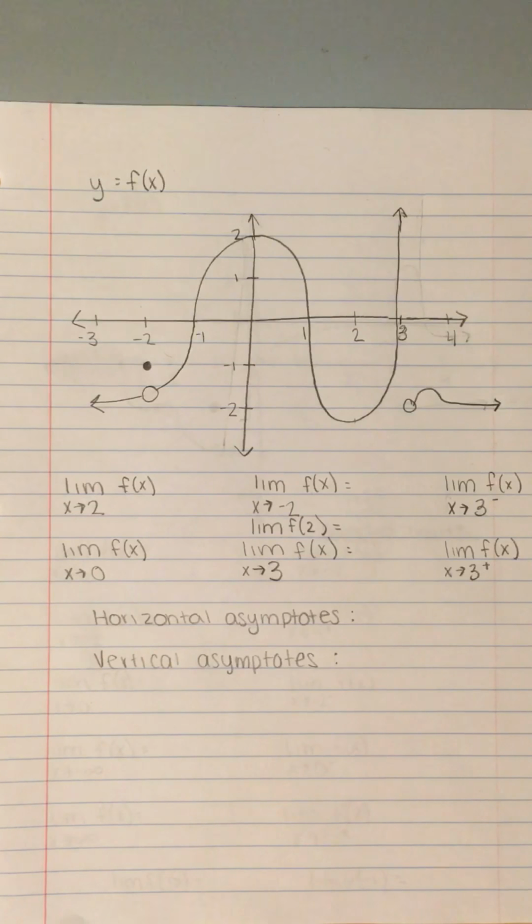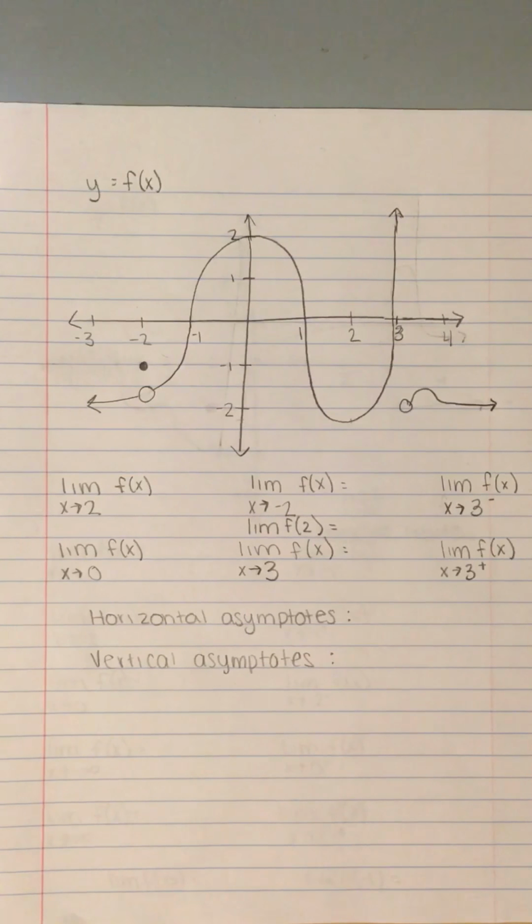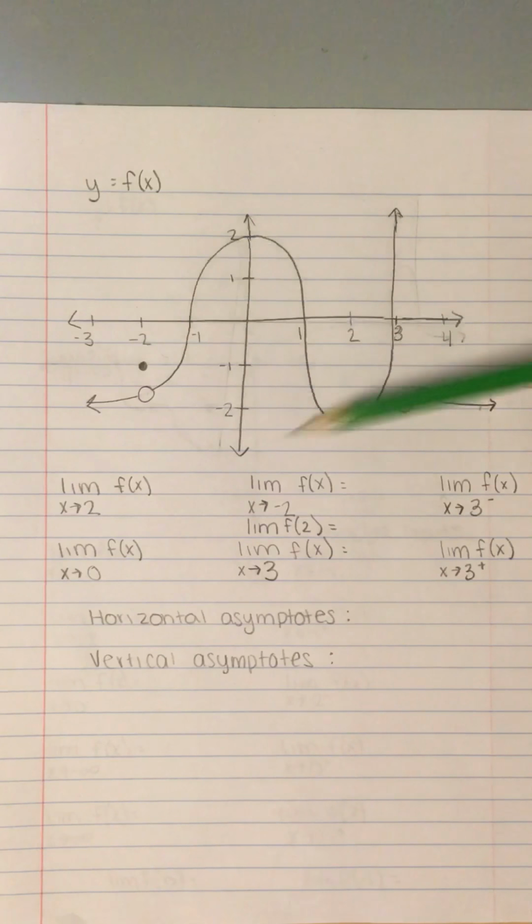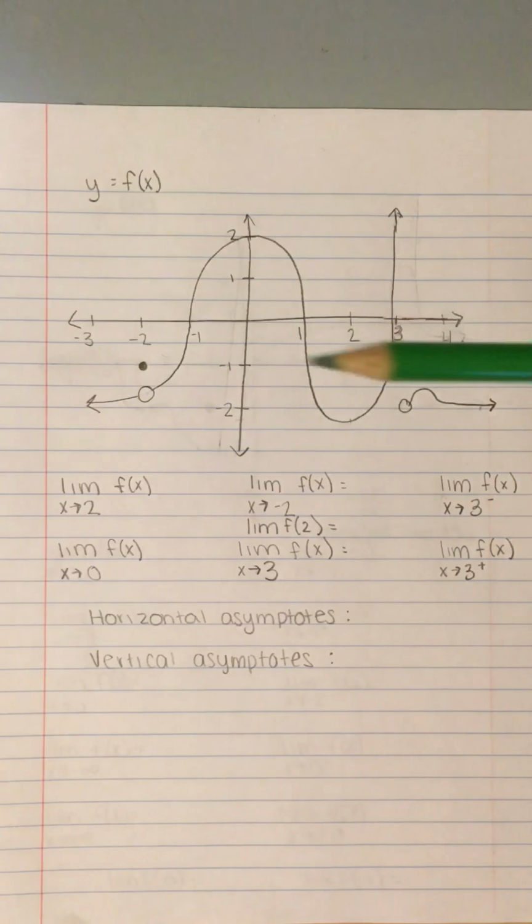So today we're going to start by talking about limits, the theories around limits. The limit is an analysis of the behavior of a function near a particular input. So let's start by looking at how to find limits based on a graph. If we're looking at this graph of y equals f of x, and here's our function graph,